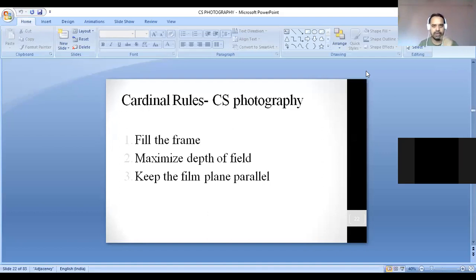The first rule says fill the frame. Second is maximize depth of field, and third it says keep the film plane parallel. So if we talk about the first point, it says fill the frame. What does filling the frame actually mean? It means to say that